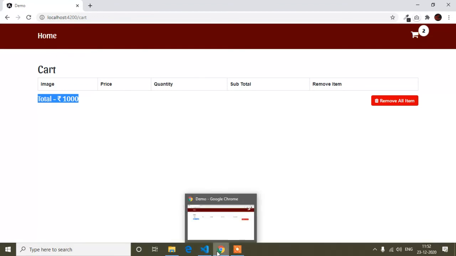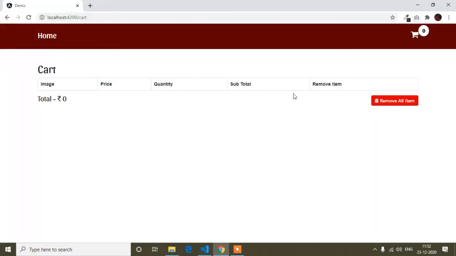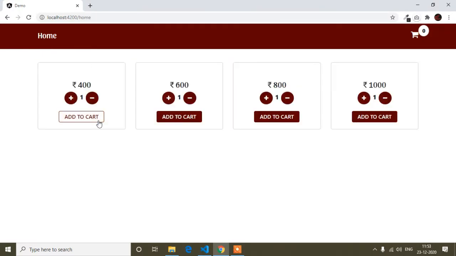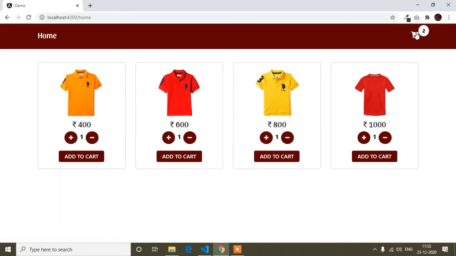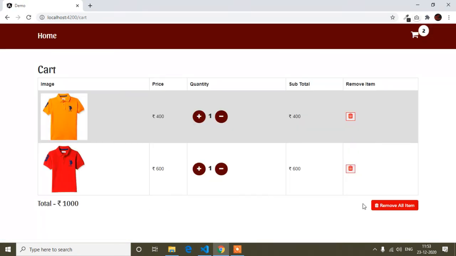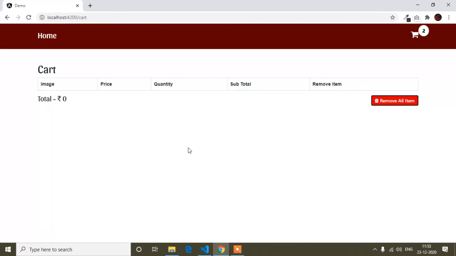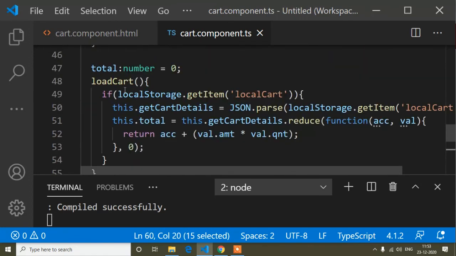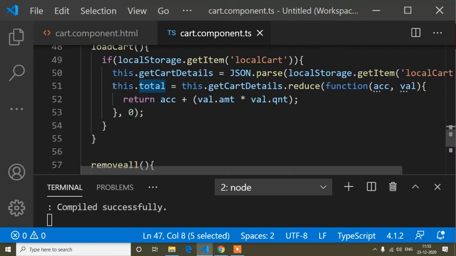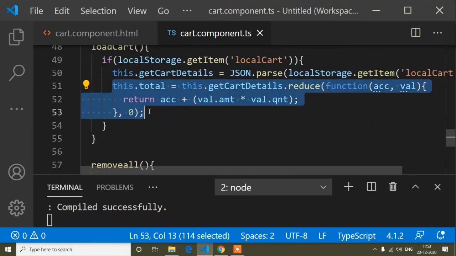It will compile. Now first of all I have to add some products again. The product is added, and now if I click this remove all item button, you can see total is 0, because in this method I have written that when the local card is removed, the total equals 0, where in this total variable I was storing the count of all the totals.